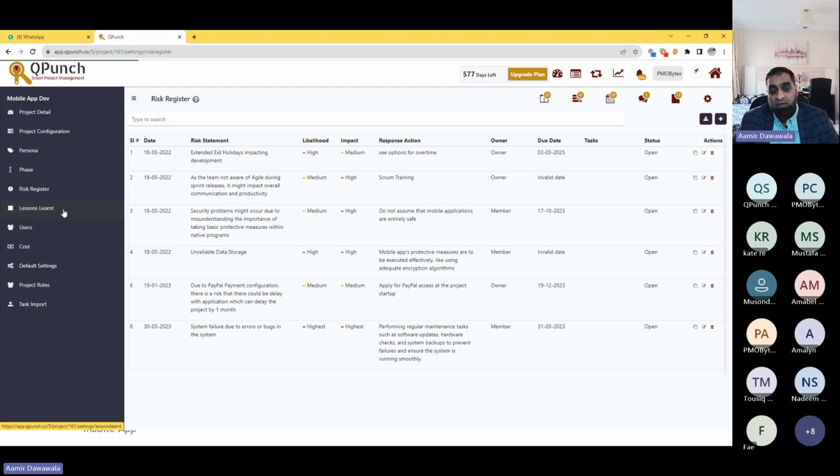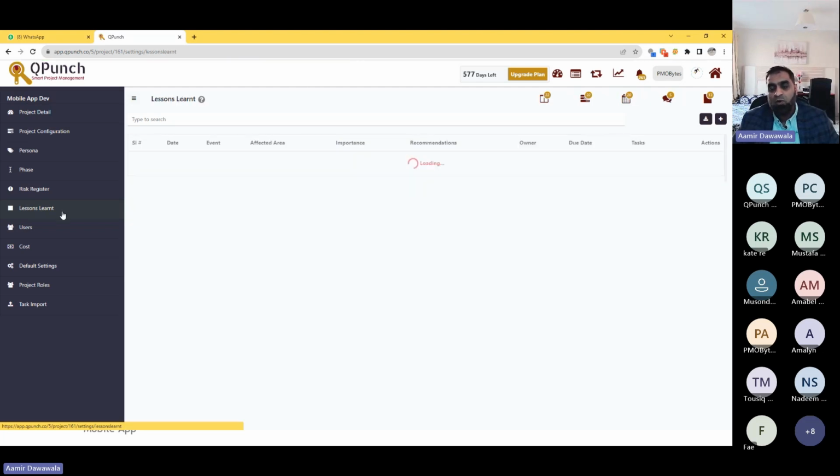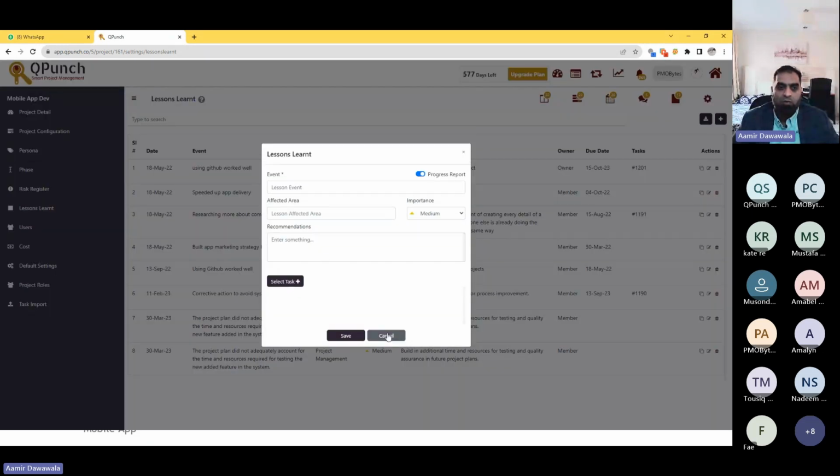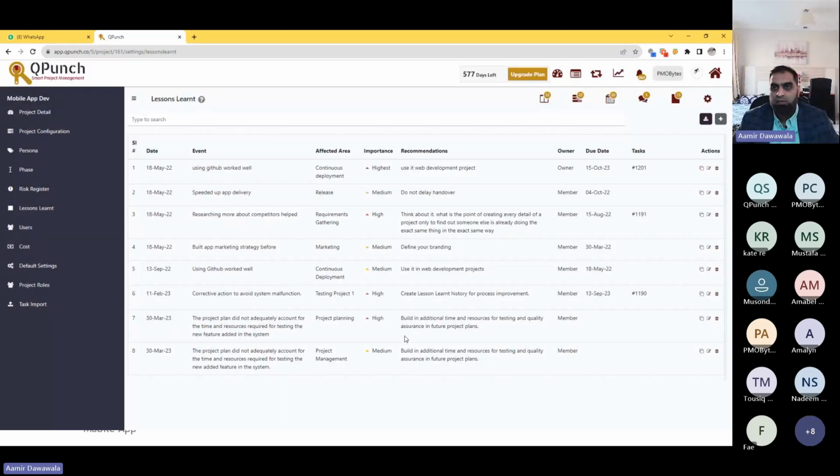When the team has learned something through their mistakes or something they have done really well and they want to record it for future projects, for phases in the project which they're going to run in future, they want to apply that lesson, but they want to record it before they apply. So here is where they can record the lessons also. This is where the risk and the issues are getting picked up in that report which I showed. So this is in a nutshell